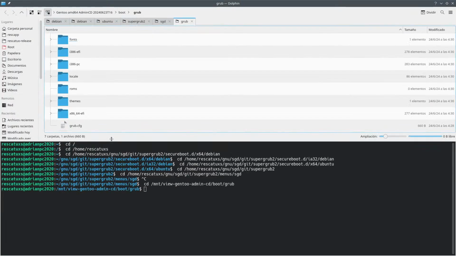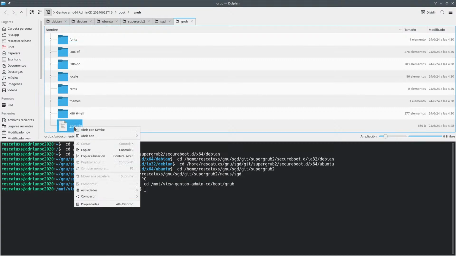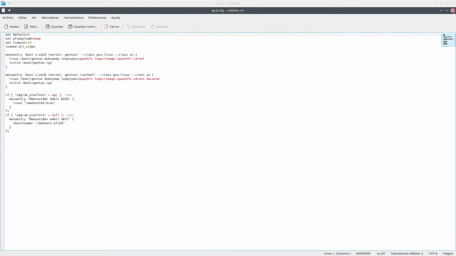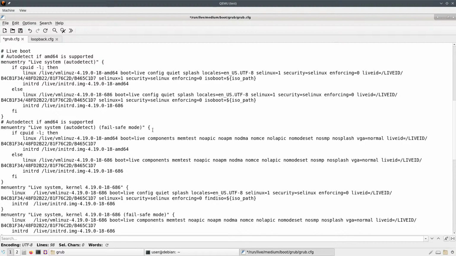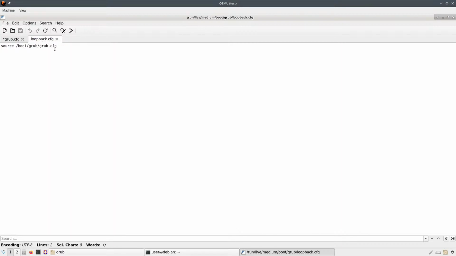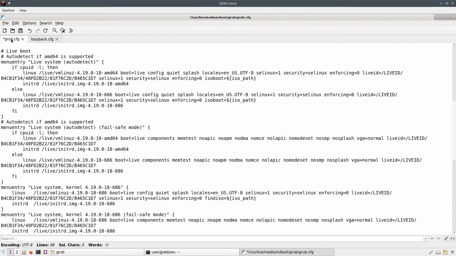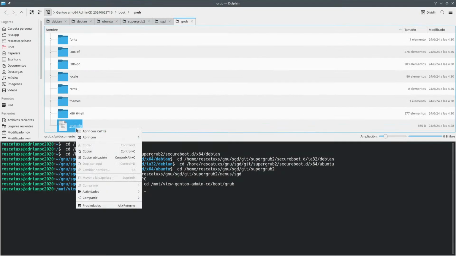You should convince these guys to have a loopback.cfg which does only this, and then group.cfg can have what we have here.